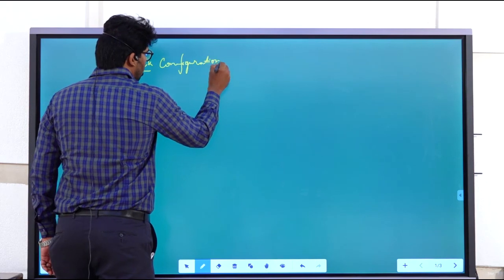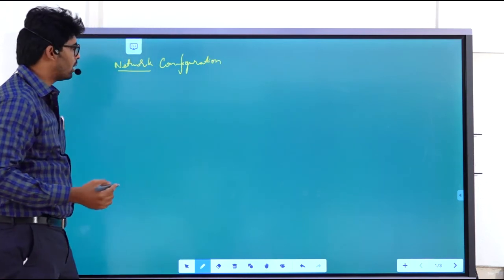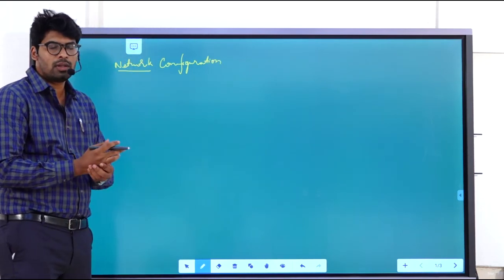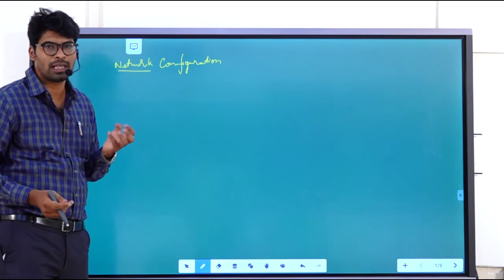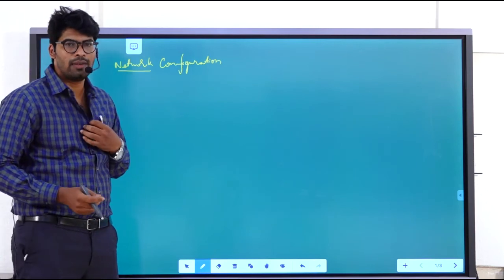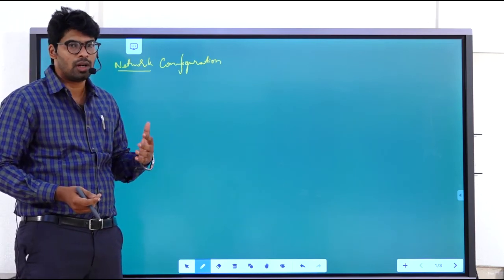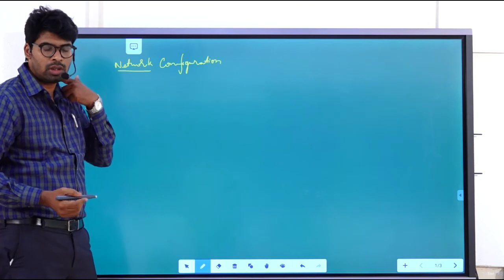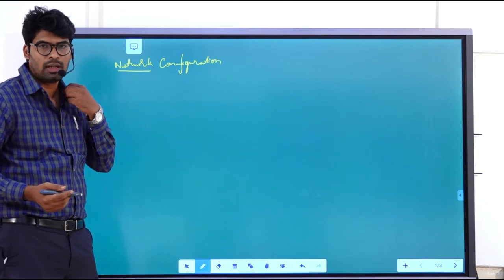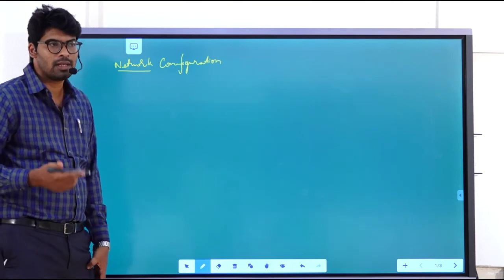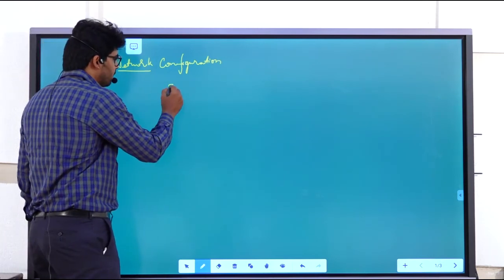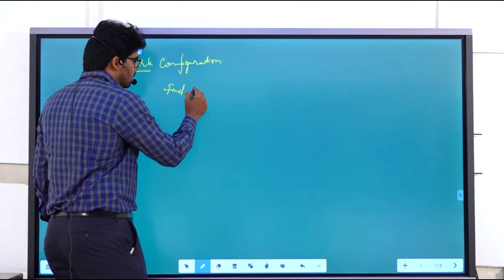Before knowing network configuration: if someone asks you to find Z parameters, or Y parameters, or ABCD, or H parameters, you need not know the configuration, but without specifying, say if they ask you to find Z parameters,